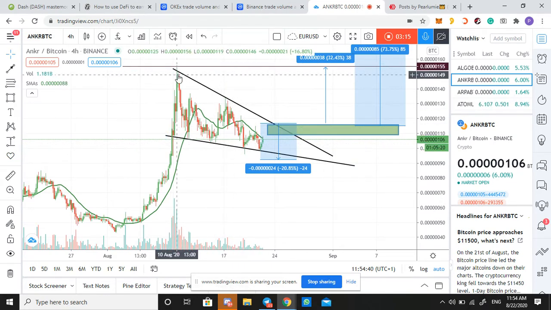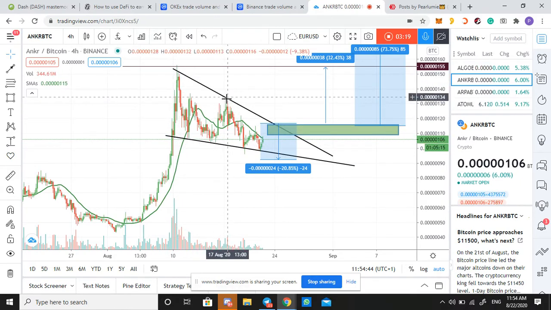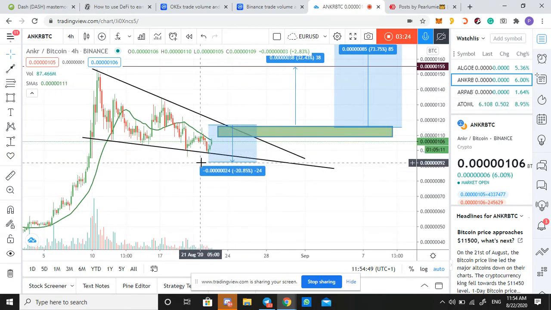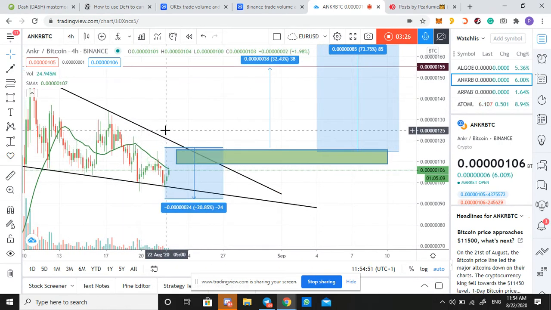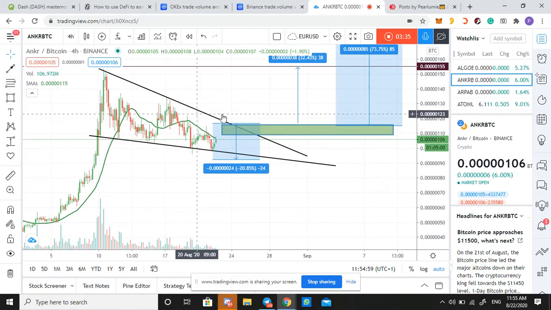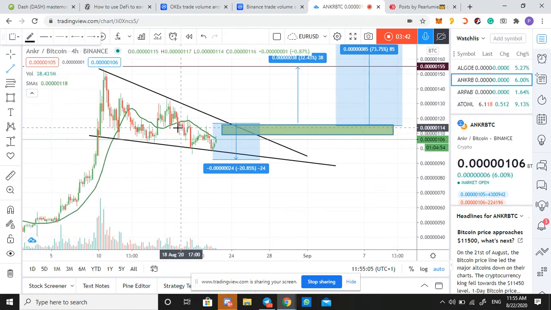Price bounced off here, bounced off here. I was not able to reach here, but bounced off here again, came back here, bounced off here, and right now this is looking like a small double bottom, which means once price crosses here,